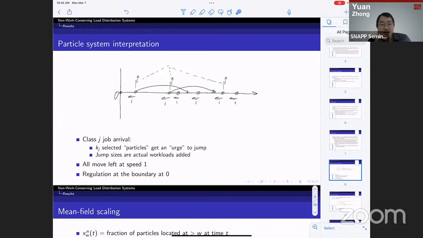Okay. Yeah, Sasha, a quick clarification question about the model. So you say that a class J job comes in and then selects DJ servers. Are these servers specified up front, or are they random? No, uniform random subset. I think I mentioned that. I should have emphasized, it's a symmetric system. Okay, so I see. So the only difference is the values of DJ, they're different between classes. Yeah, and the distribution of component sizes. Right, there is a distribution of component size. Okay. All right. Thanks. Yeah, thank you.